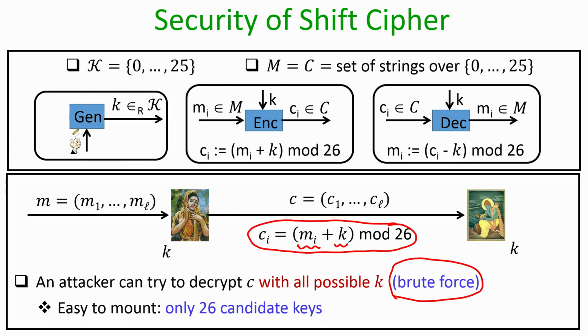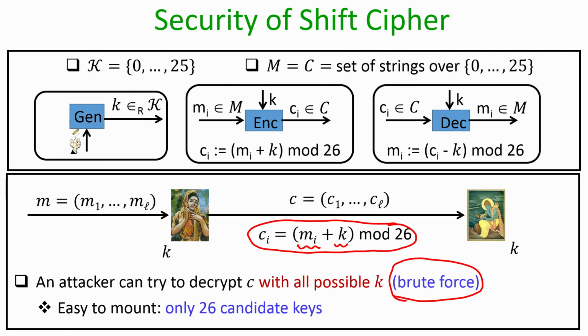And the idea behind a brute force attack is the following. What the adversary has to do is, it knows that the value of unknown k is one of the possible values in the range 0 to 25. So, what it can do is, it can take the ciphertext C and it can try all possible candidate values of k, and decrypt the ciphertext as per each candidate key, because it knows the corresponding decryption process as well. And as soon as it hits upon the candidate key for which the decryption gives back a meaningful text, by meaningful I mean a meaningful English text, it knows that it has hit upon the right key, and hence the recovered message is indeed the right message with high probability.